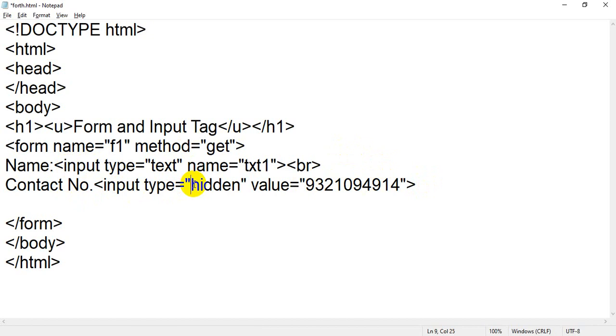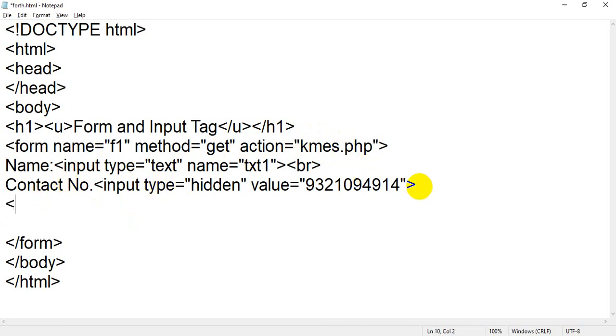Input type equal to hidden will send the data to the next page that you have written inside the form. For example, if you take action, what is the use of action? We have already learned action is an attribute of form tag which specifies where you want to send your page. For example, kmes.php is a page name where you want to send this data or information of the page. So the information of the page will be sent to kmes.php. But when will it send? When you submit the form.